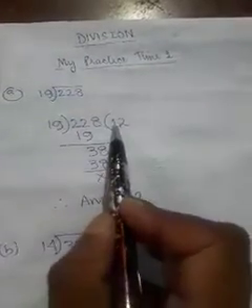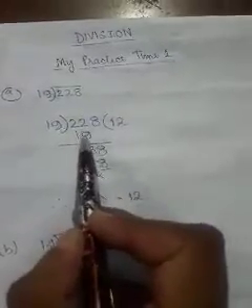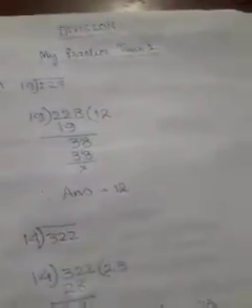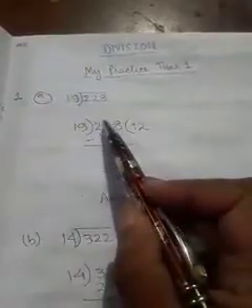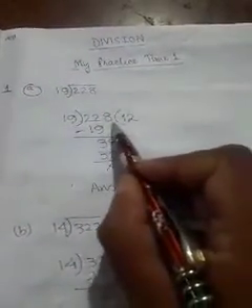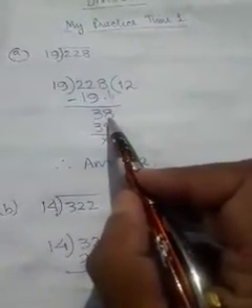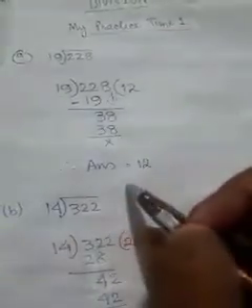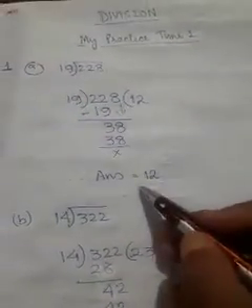How many times will it go? 1 time. So we write it just below 22, and after writing we do subtraction. On subtracting 19 from 22 we got 3. Now we bring down 8. So it becomes 38. How many times will it go? 2 times. 19 2 ja 38. So what is the required answer? 23.